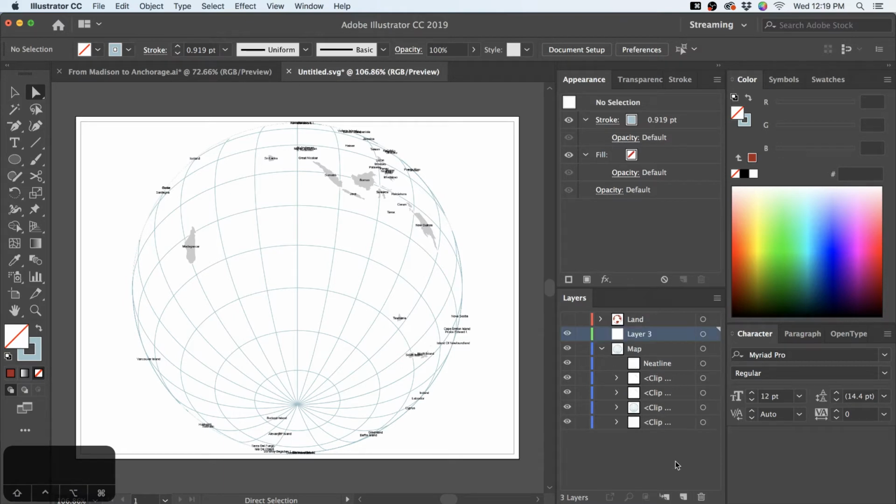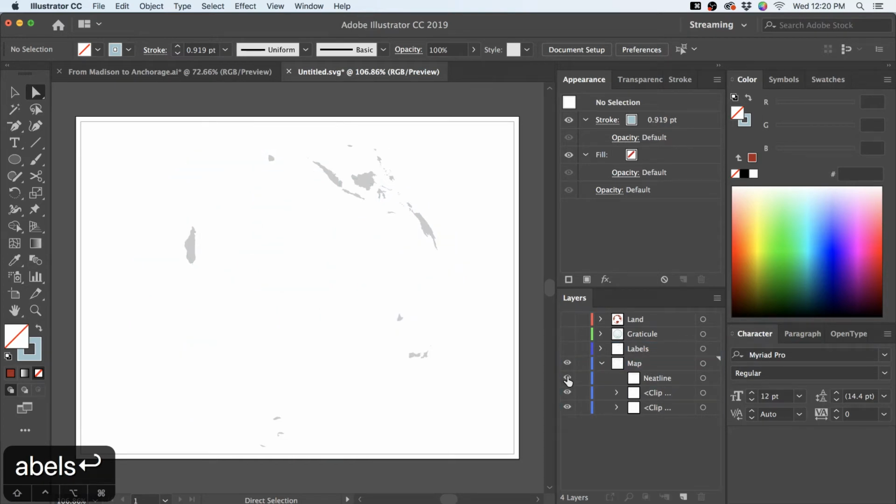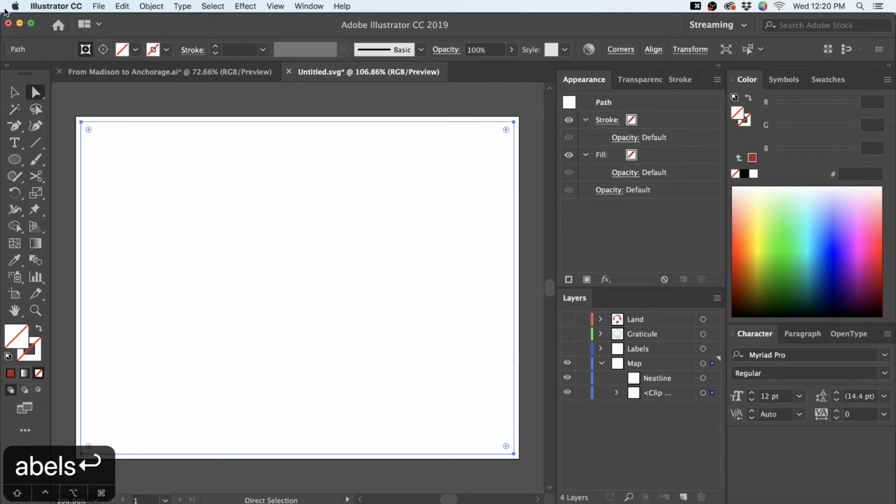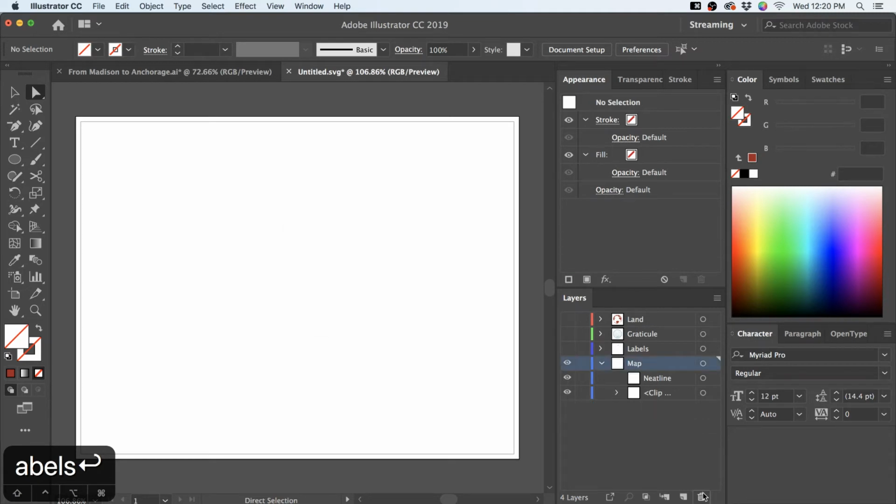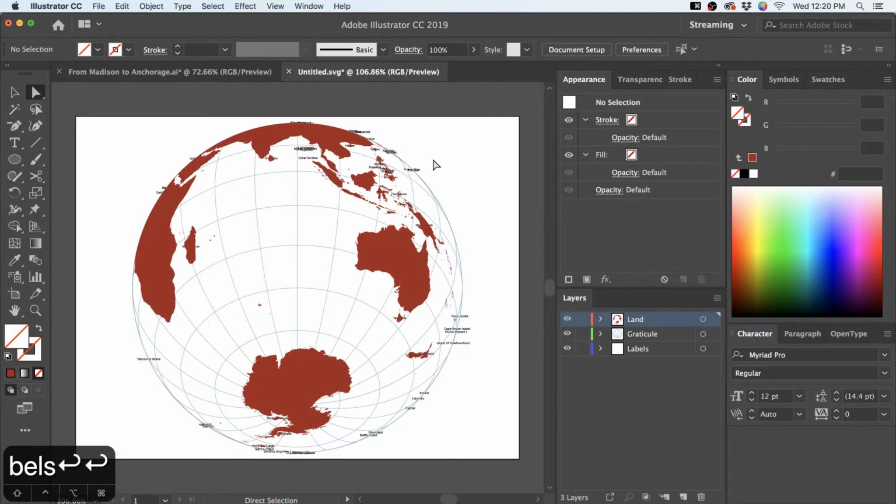So what else do we have here? All right, need my graticule. And then I need, what else do we have here? Those are my labels. Turn those off, and then I don't really need those shapes. Those shapes were just there for me to know where the islands were. And then what's in here? Just my neat line and such, just the edge of my map and my background, it looks like. So we can ditch that. And there's all the pieces.